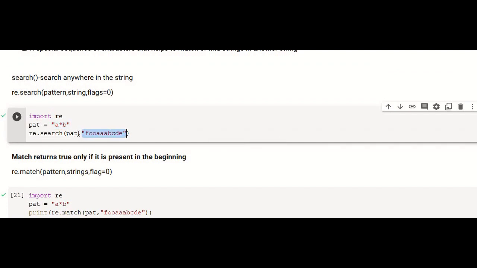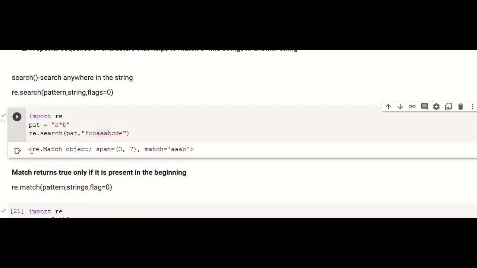Now it will be checked whether a*b is present. Here it is foo, but here ab. So a can be repeated 0 or more times, followed by b. This particular pattern is present in this string, and now when we execute this, you will have the output.